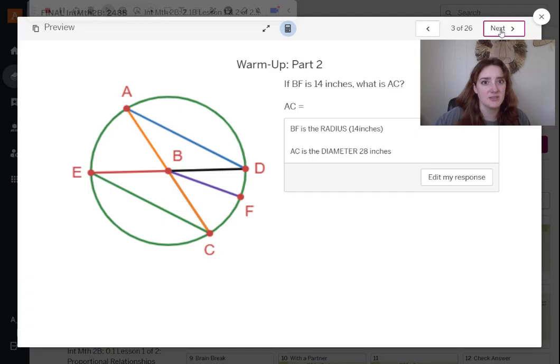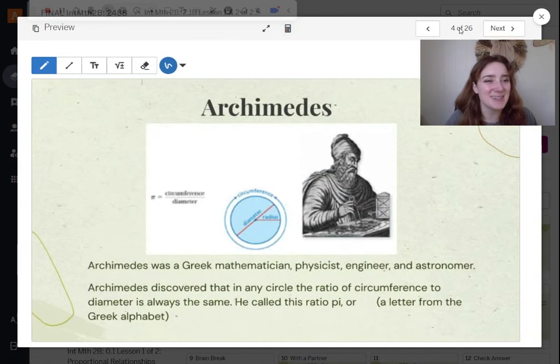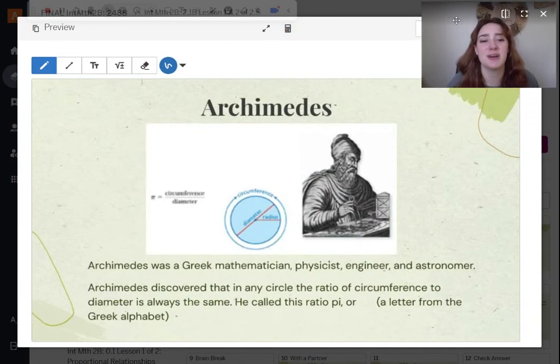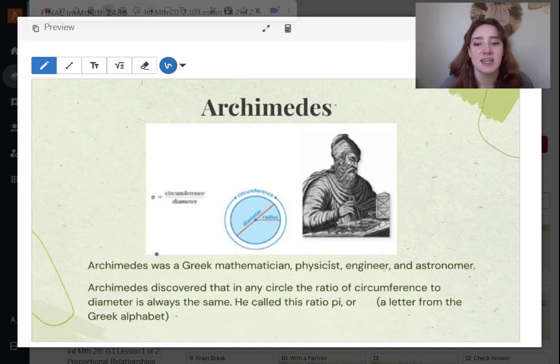All right, we're ready to move on. If you need more time, pause the video because this is a recording. We're going to jump to slide 4. We're going to learn about this guy, Archimedes. He was a Greek mathematician, a physician, engineer, and astronomer. He discovered that in any circle, the ratio of the circumference to the diameter is always the same. And he called